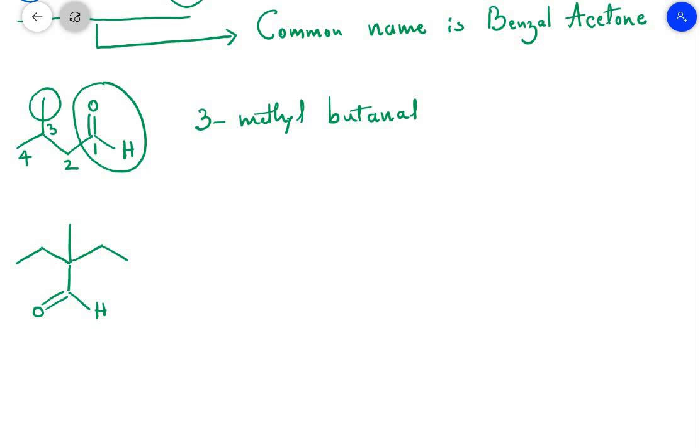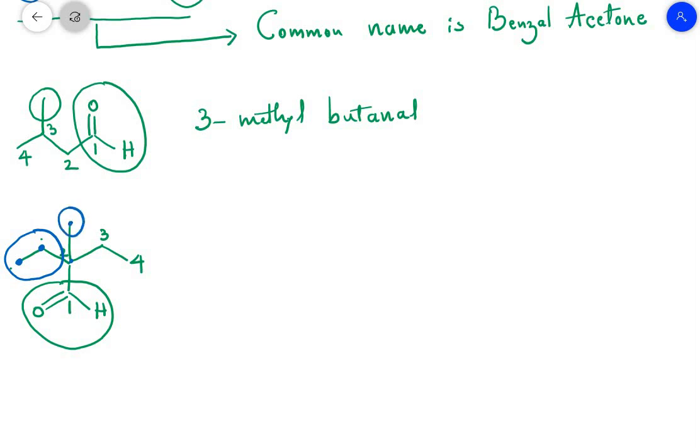Similarly, we are having another example, so you can see that here this is the functional group called aldehyde. So numbering starts from this carbon, first carbon, so this is second carbon, this is third carbon, and this is fourth carbon. Even if you go this side also, it becomes here also 3 and here also 4, so I have just completed this side. But you can see that here there are 2 substituents. On the second carbon atom we are having 2 carbons, so this is one carbon and this is another carbon, so it is called ethyl, and on the same second carbon atom we are having one more carbon, that is called methyl.